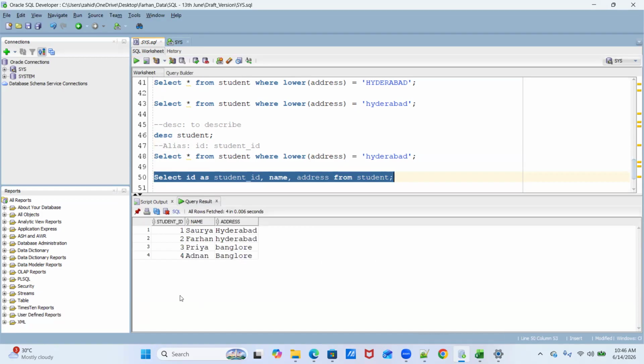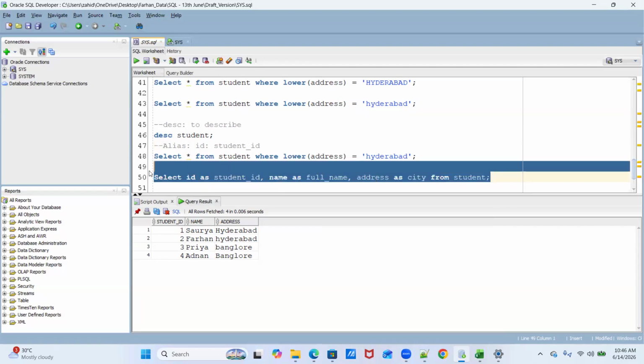It has been converted into student ID, right? In the same format, you can do it for all the columns. Let's say full name, address as city, anything. Let's say you do it. So you're getting the same result in the output.